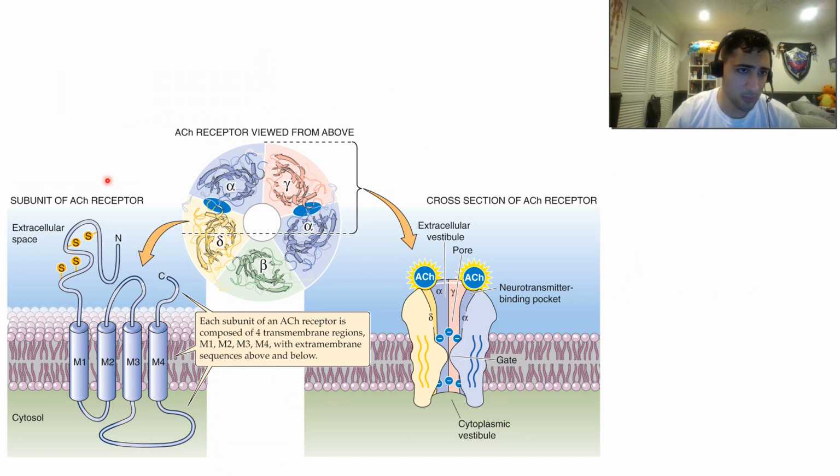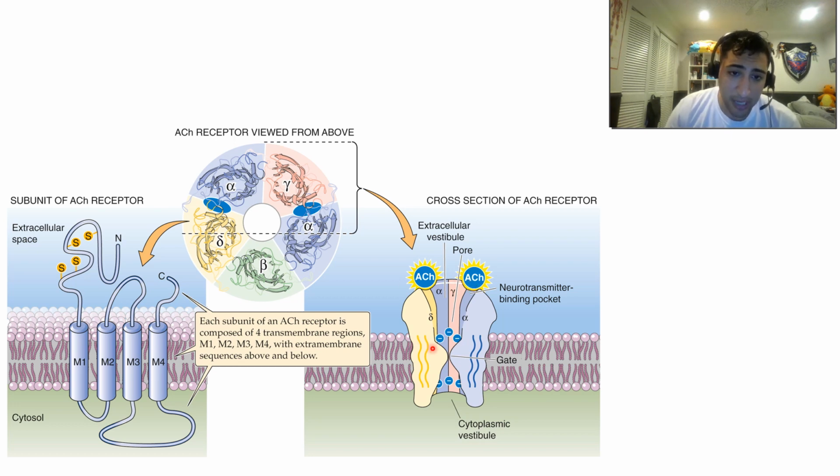So this is the acetylcholine receptor. The thing I want to really point out here that's of interest is notice that there's a mouth to the pore and a gate. There's a mouth and a gate. So you can have things that competitively inhibit over here. You can see you need 2 acetylcholine to bind these neurotransmitter binding pockets. The acetylcholine receptor needs 2 acetylcholines. So you can provide a competitive antagonist like curare, and that's going to compete with acetylcholine for these binding pockets to inhibit the receptor,